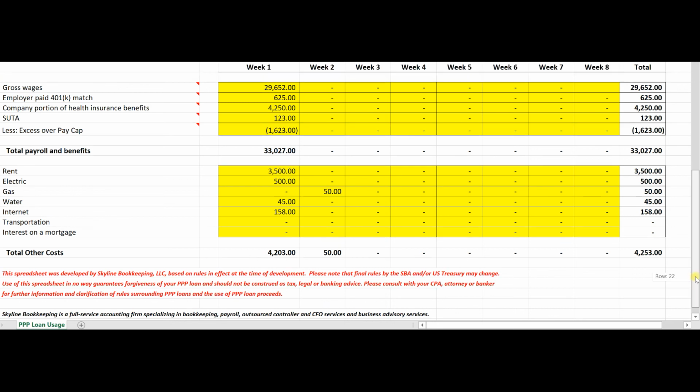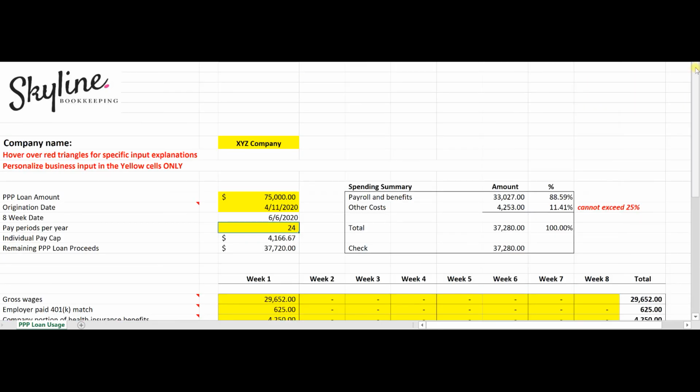Again, this spreadsheet was intended to be used for corporations only. If you are an independent contractor, please select the link below to view the spreadsheet for the independent contractors and